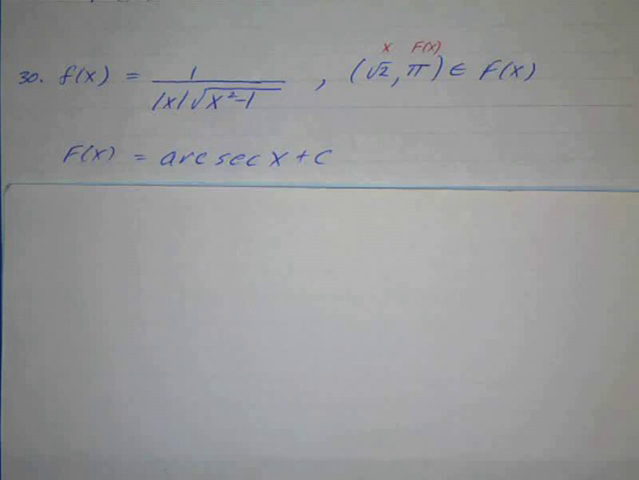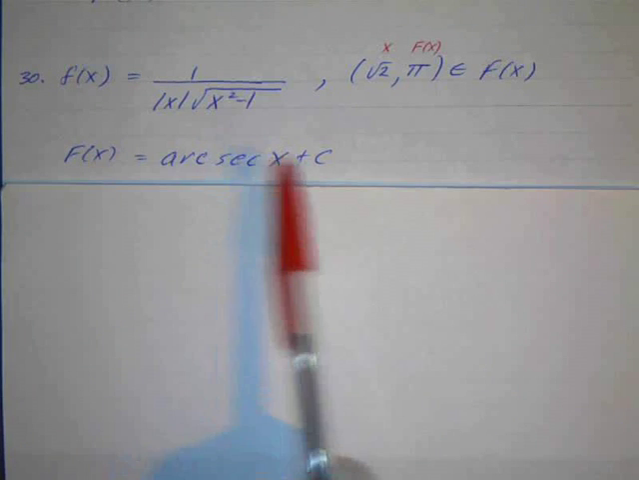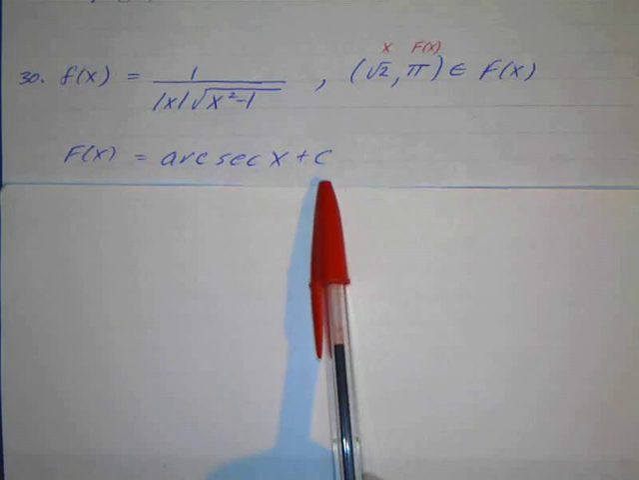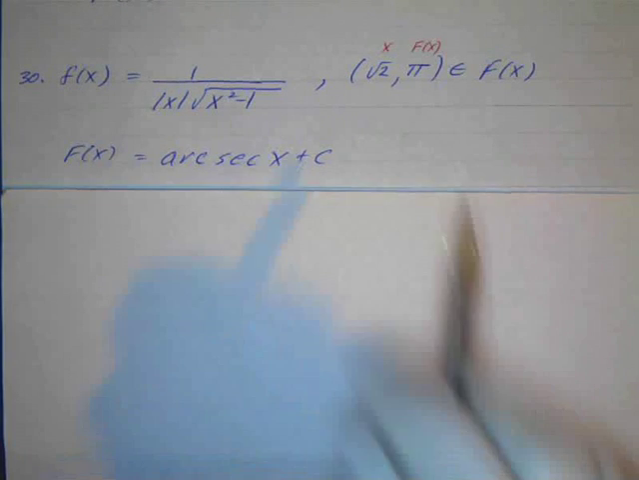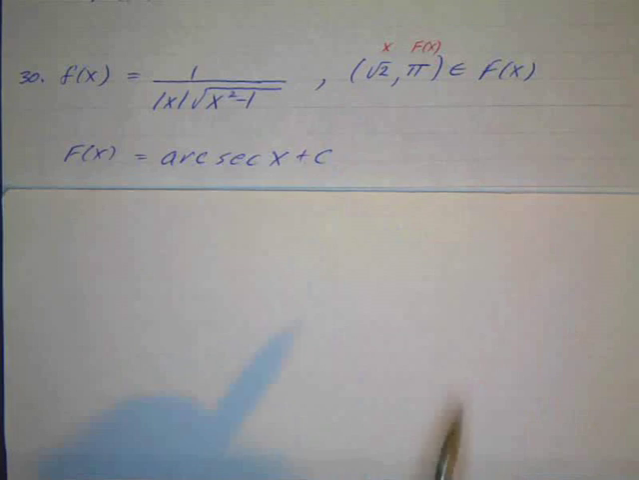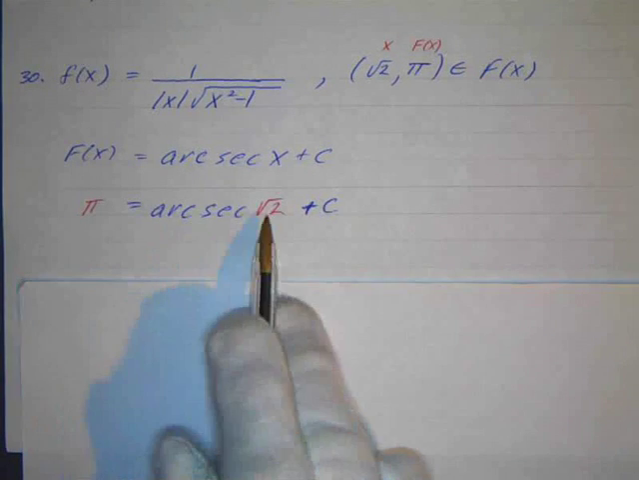Okay. And if you take the derivative of the arc secant, you get 1 over the absolute value of x times the square root of x squared minus 1. And if you take the derivative of c, you get 0, so it checks out. So we can always check that. And we're going to use our particular value to find out what the c is. So f of x equals pi when the arc secant